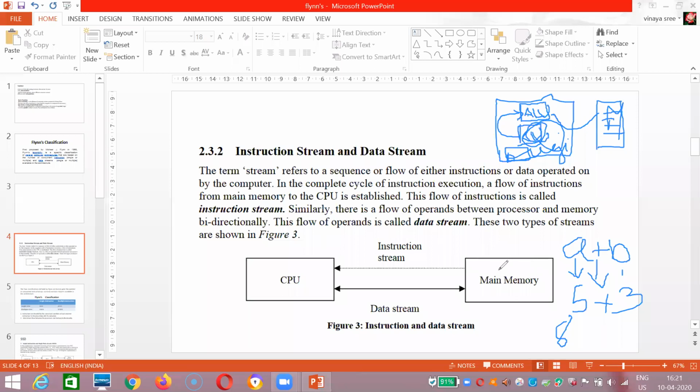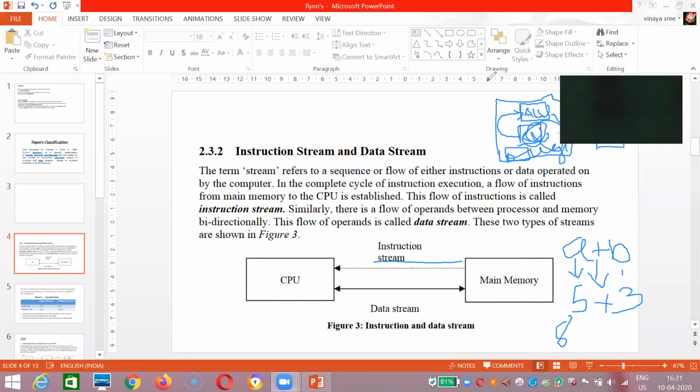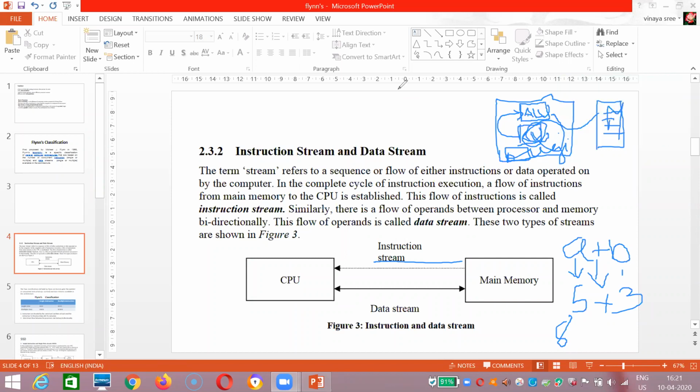Okay. So this is your instruction stream, where for getting the instruction, the direction will be from main memory. The entire program will be stored inside main memory. For getting an instruction, with the help of this, it will be going. After fetching an instruction, CU will decode that. After decoding, for getting the data, the processor will go to main memory. After getting the data, it goes to ALU for execution. So it will be bidirectional. Until here it is clear.